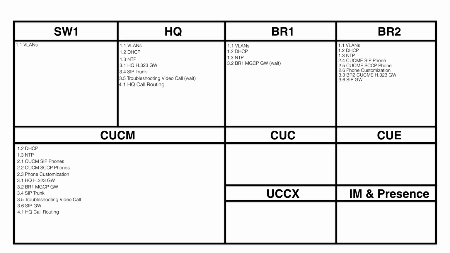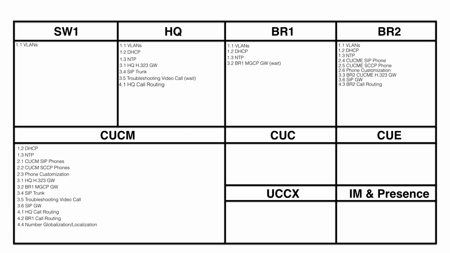And task 4.2 is dealing with BR1 call routing. However, we don't really have much of anything to do on the BR1 router for that call routing because it's an MGCP gateway. It's going to be taking its call routing instructions not from local dial peers on the router, but from Communications Manager. So we're going to be configuring BR1 call routing on the Communications Manager server at the BR1 site. Task 4.3 deals with call routing at BR2,